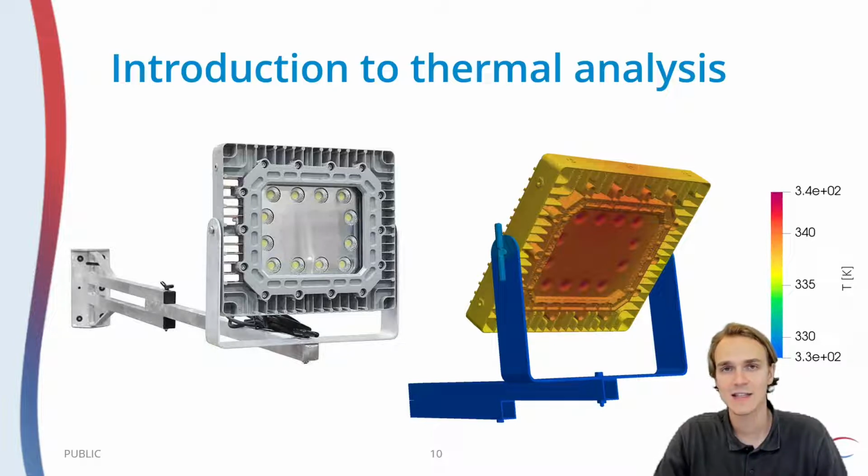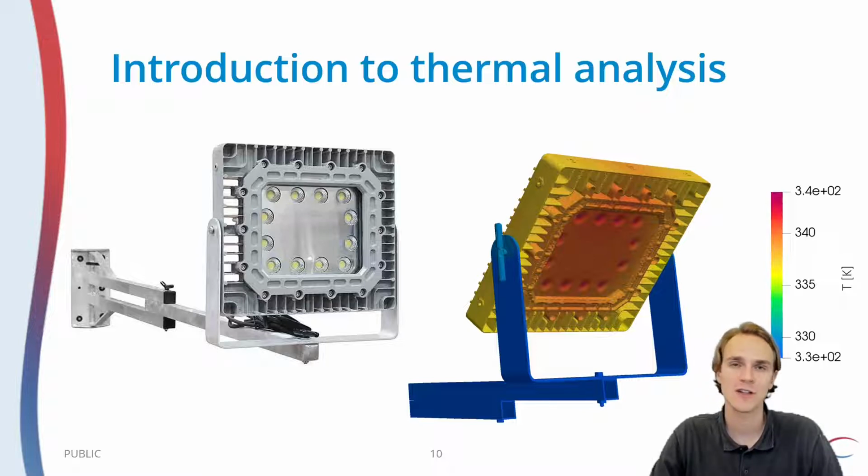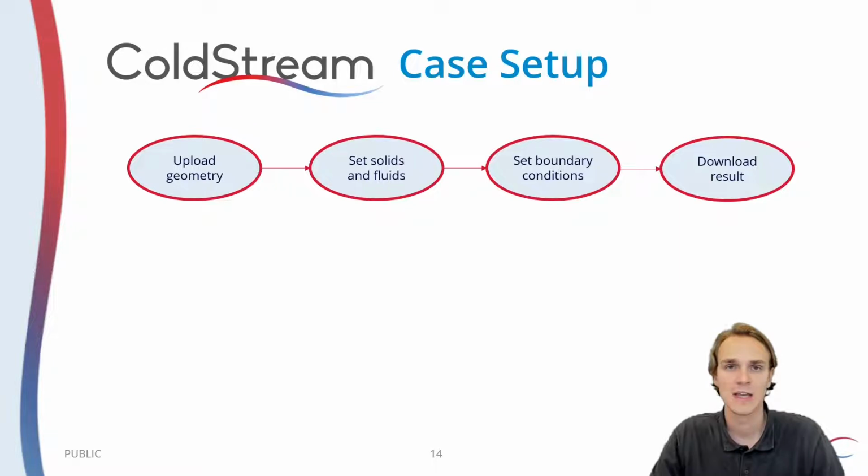And so in this case, this specific product has a temperature class of T5, and you might be familiar with this term. It essentially means that any material that stays below 100 degrees C does not have any risk of igniting. So we want to verify with the given output that we have, does our fixture stay below this hazardous temperature threshold. And so in a moment I will switch to our platform ColdStream,